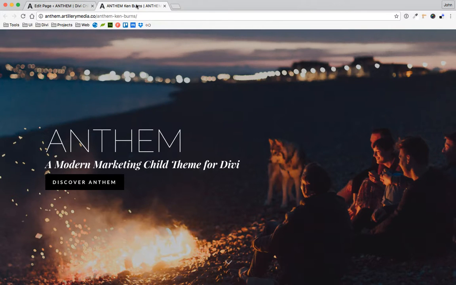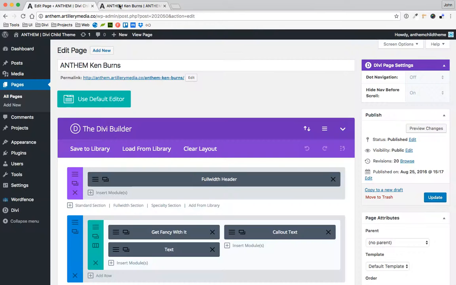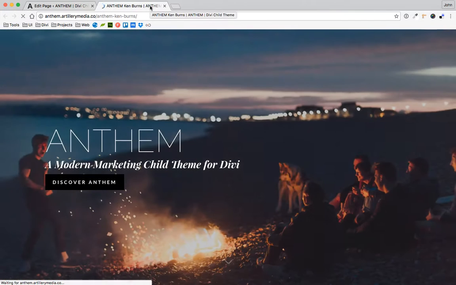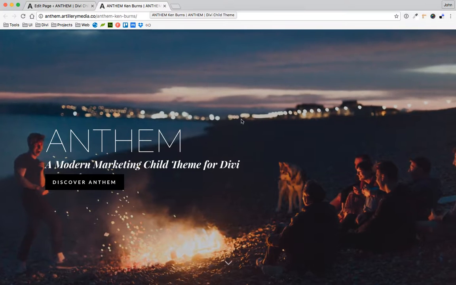Very excited about this feature. I had a friend custom develop it, and then like a week later, it came out. A tutorial came out for it online, so I should have waited a week. Would have saved a little bit of money, but this is what we've come up with, and I think it works out really well. So I'll refresh this page, and you'll notice that this header kind of moves in towards you here,